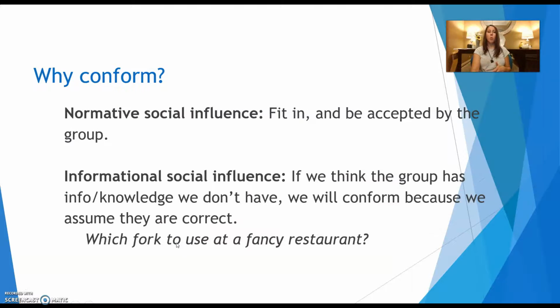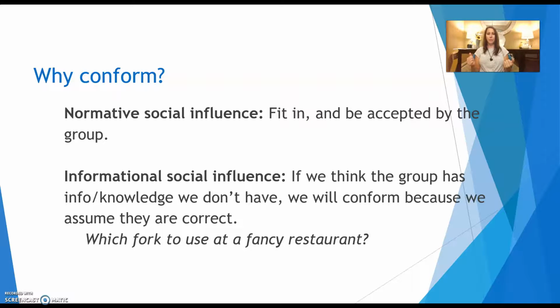So why does this happen? There's three big things. The first one is normative social influence. And that's basically, I want to fit in. I want to be accepted. I don't want to be the odd one out. Maybe I know good and well the right answer isn't A, but I'm not going to be the weird one